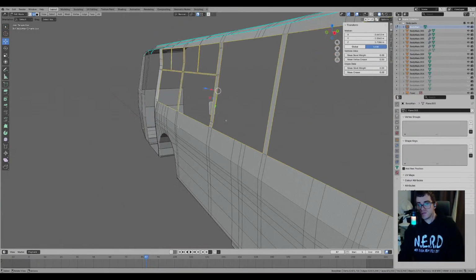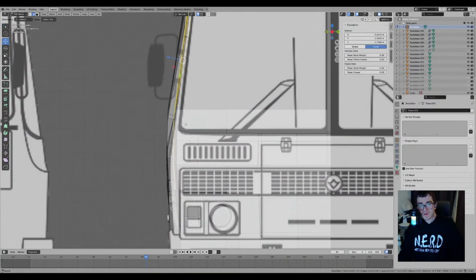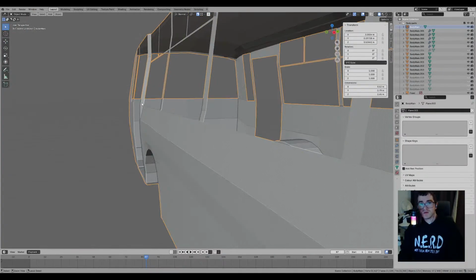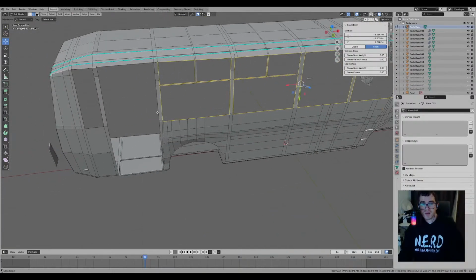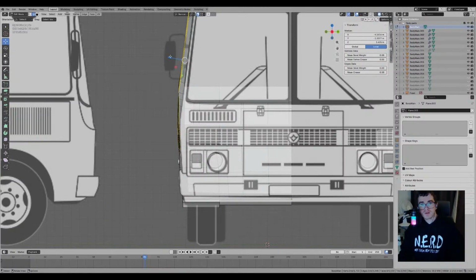Okay, I think that's fine now. Okay, bit more stuff that needs adjusting. Guess this edge here. And the actual body itself is okay, but